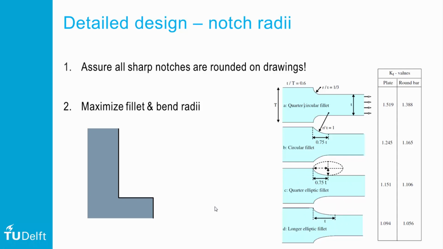Now in practice, a sharp corner illustrated here on the left can be made smooth by adding a slope on a 45-degree angle. If we then add another slope half of that angle, starting halfway from the first slope and repeating that several times, one automatically creates a smooth transition with a low stress concentration factor.